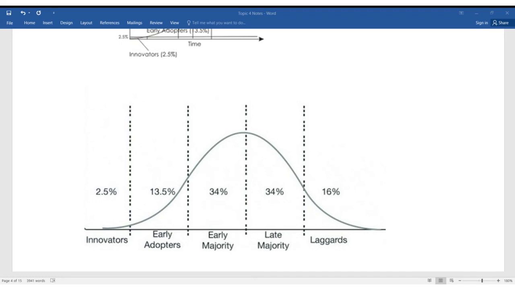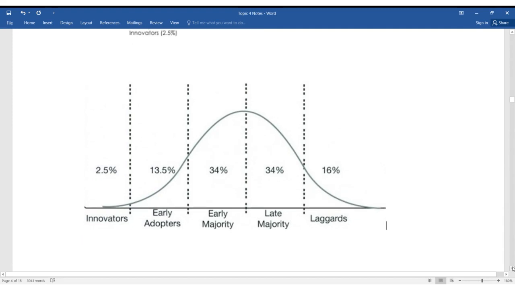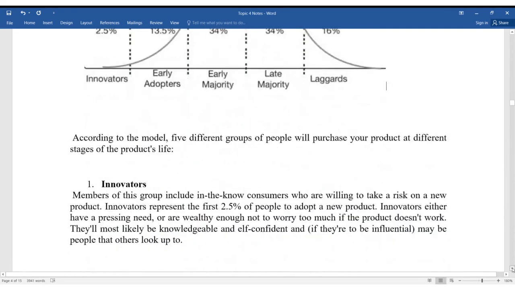So the product diffusion curve. This is a much better curve than the first one that is here. So take a look at this, and I'll post it on the notes. I'll bring this as well on the notes that I had uploaded. But so let's look at some of the characteristics of these innovators. So like I said, you innovators,